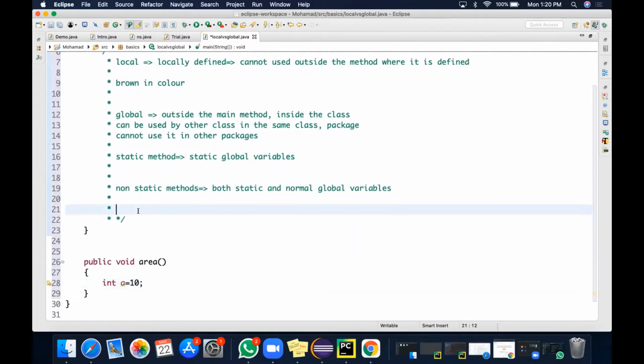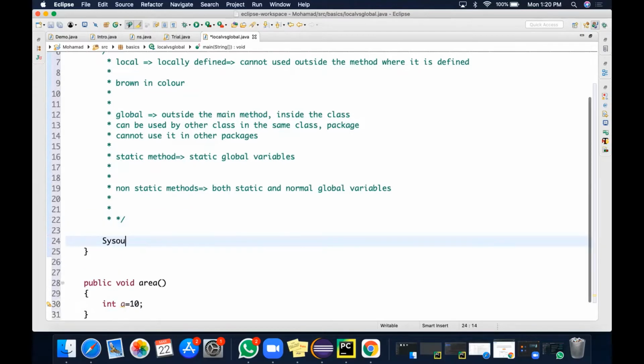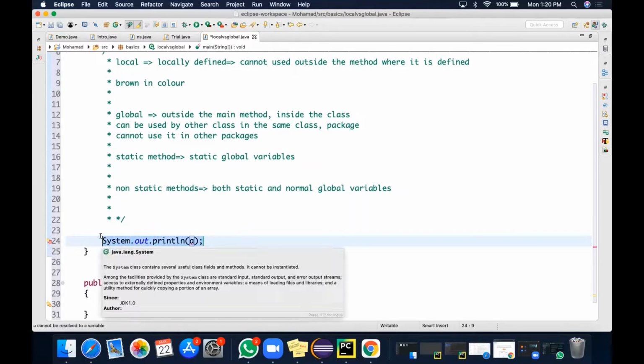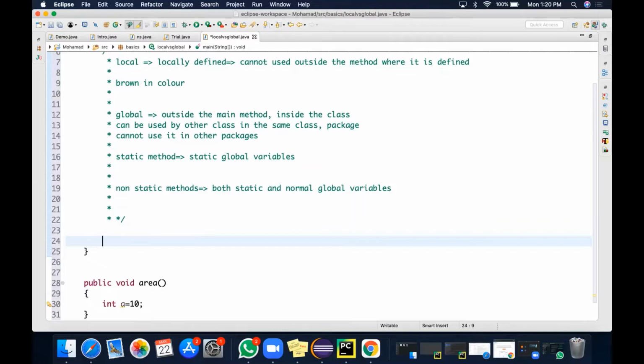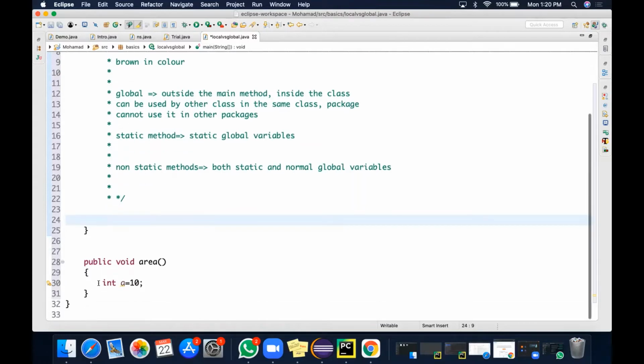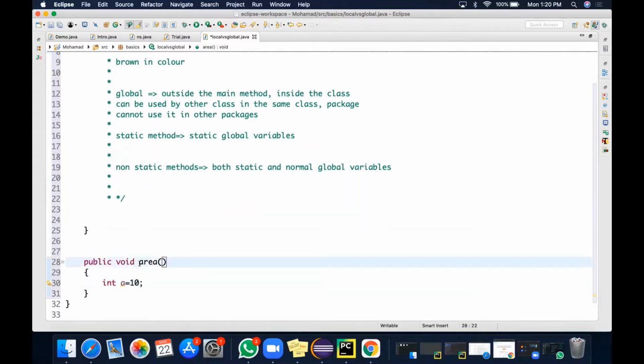For example, you can see, giving a, sorry, lowercase a. What it is showing me is create a local variable. That means I cannot make use of this a outside the area method, even in the main method. The main method is also outside the method, right? So this a belongs only to area. I cannot use it outside.